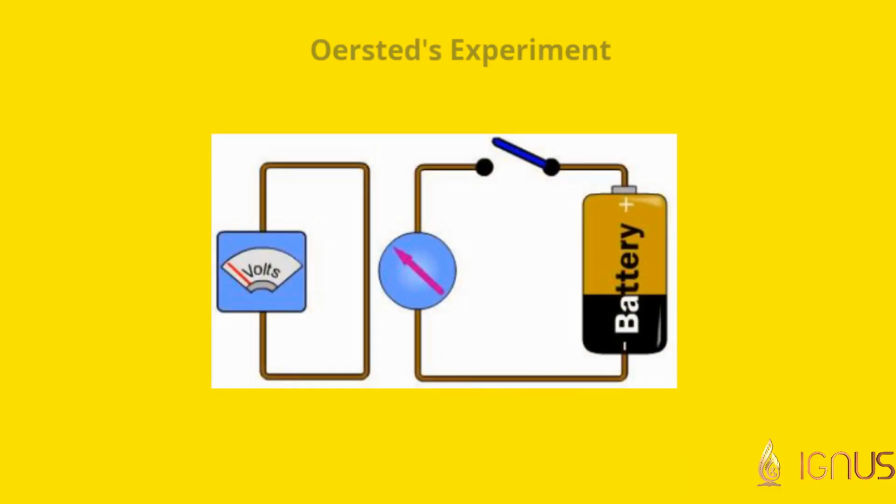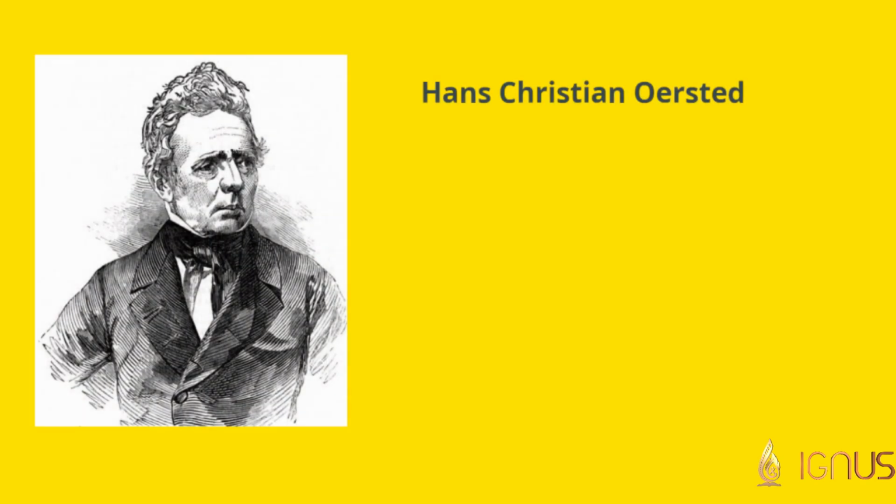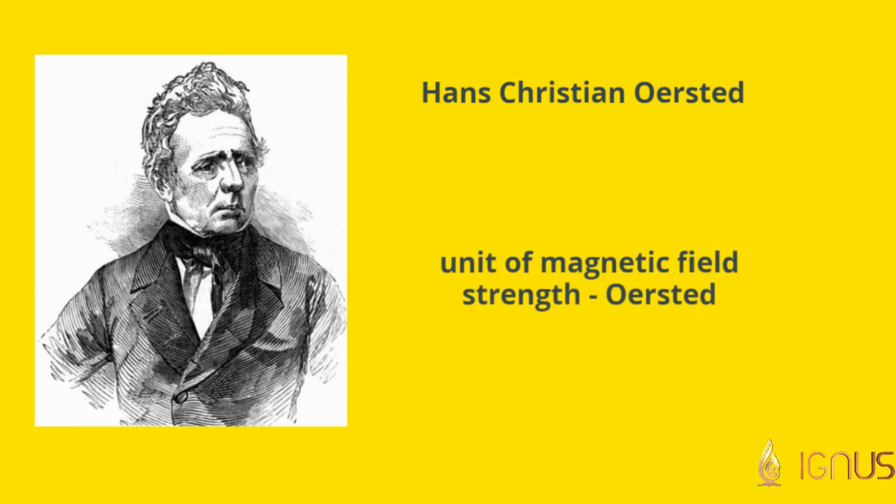What happens when you bring a magnetic compass near a current carrying conductor? It deflects. What does it mean? That means that every current carrying conductor develops a magnetic field around it. This was first detected by Hans Christian Ørsted, and hence the unit of magnetic field strength is named Ørsted in